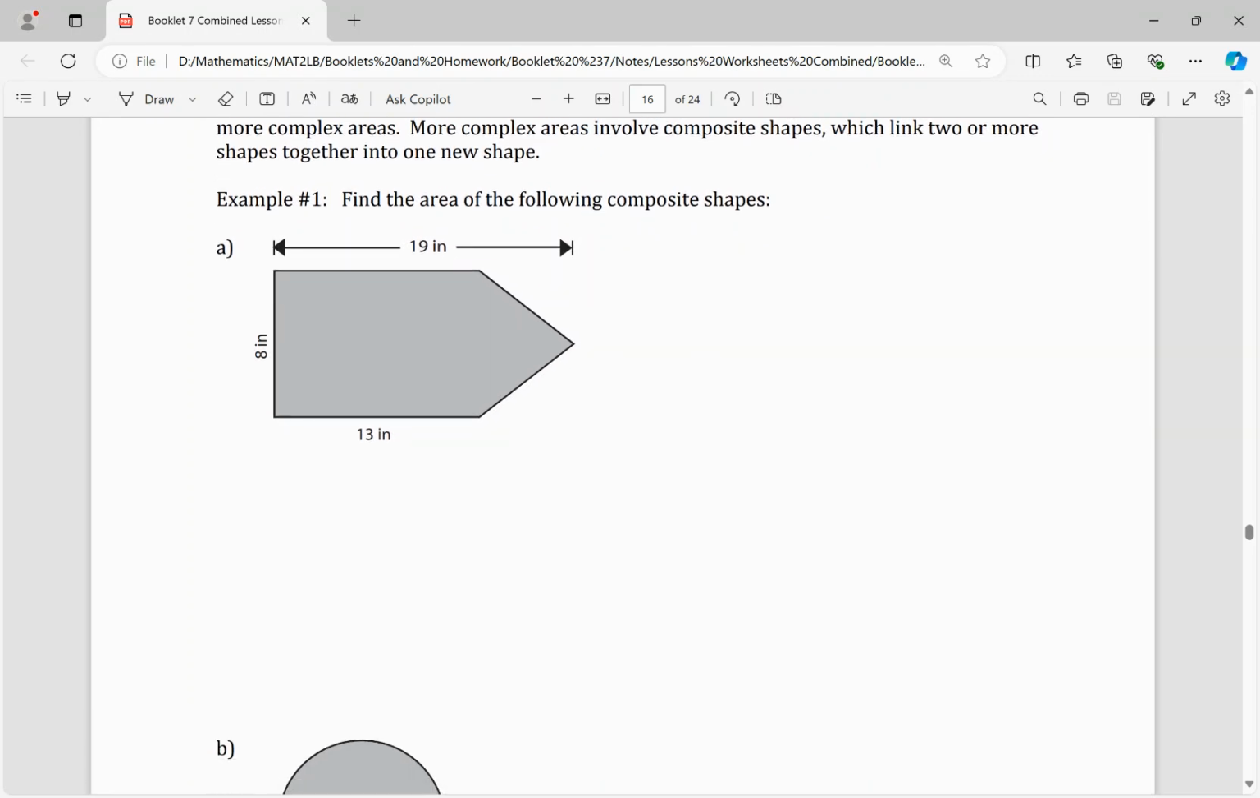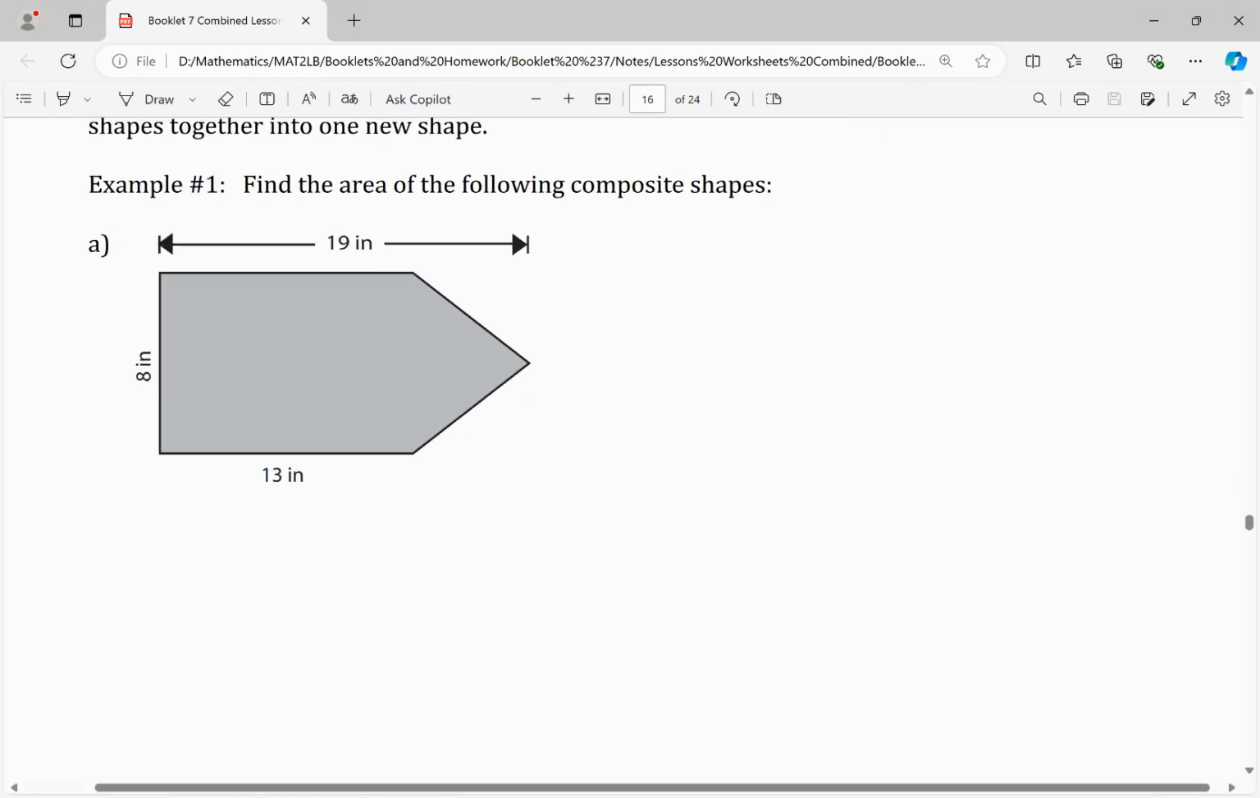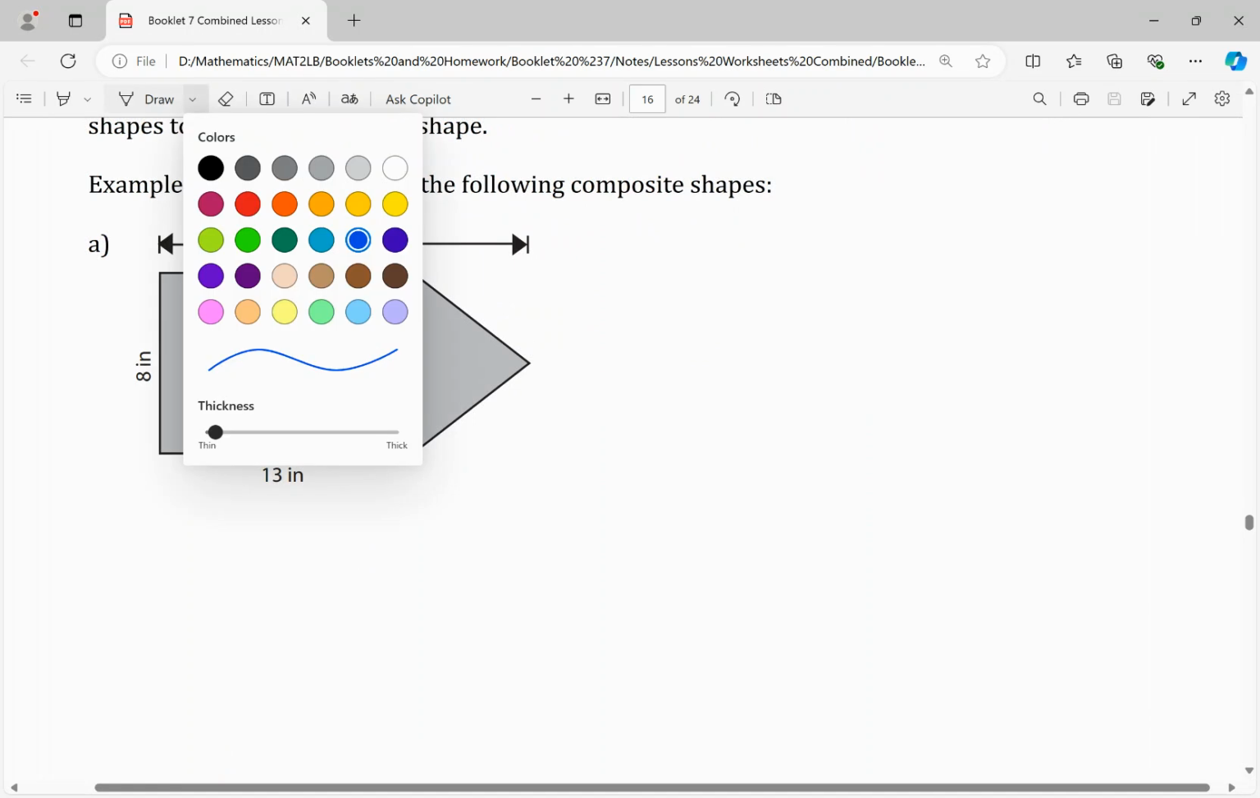Consider example 1. This shape doesn't really have a name. Now, it kind of looks like a house that's on its side, but it's not a rectangle or a triangle or a circle. Instead, you might want to visualize it as multiple shapes that have been put together. So since there is no equation for the area of this, what I'm going to do is draw a line